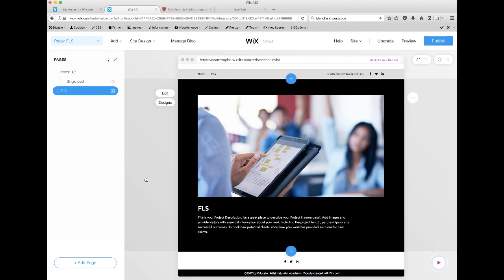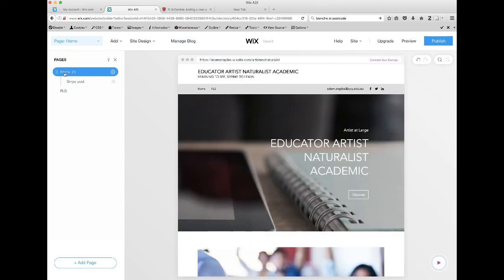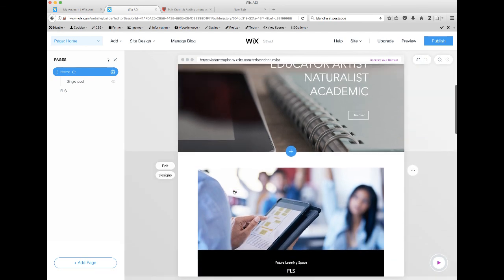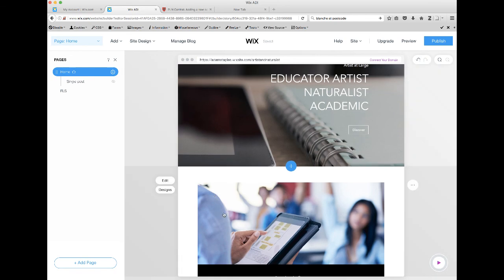So that has now been created, and what you want to do is connect the image that you created earlier with your new page, so that you can click on that image and it takes you to the new page. So if I click on Home in the menu on the left-hand side, you'll now see that in the home view, up at the top I've got home, and then I've got future learning space. And that future learning space actually takes me to a new page that has been created. What I want to do is connect this image to that. So if I click on this image, it should take me to the future learning space. If I do it at the moment, it's not hyperlinked and it doesn't take me anywhere,